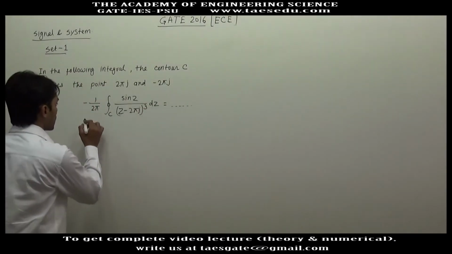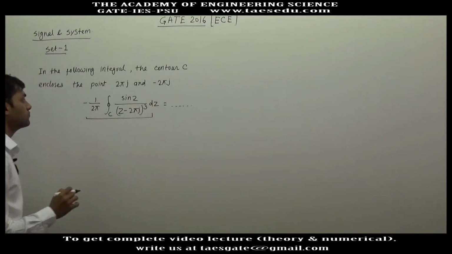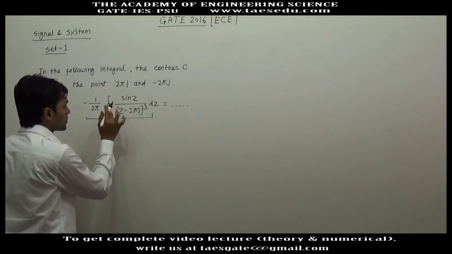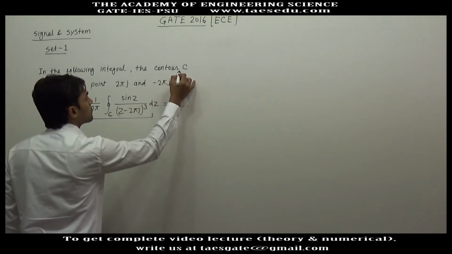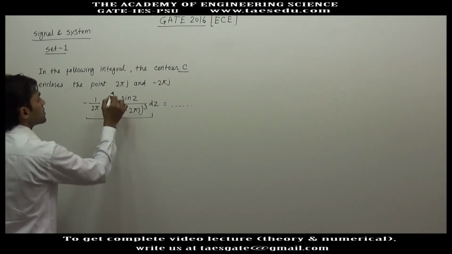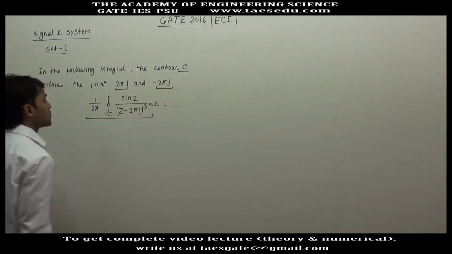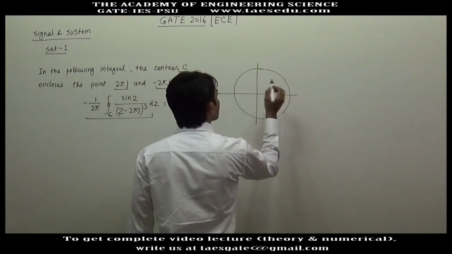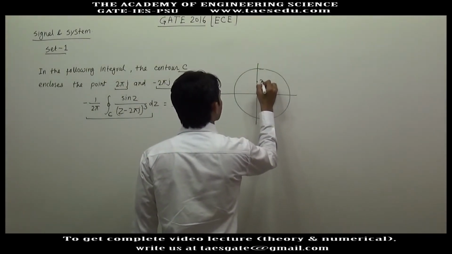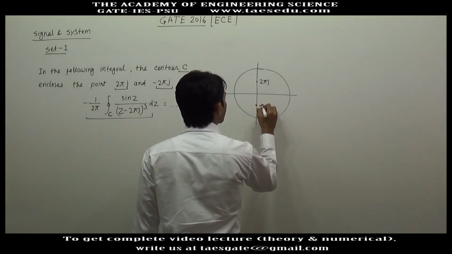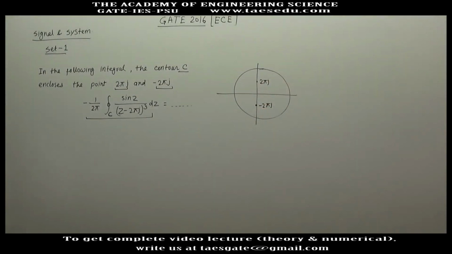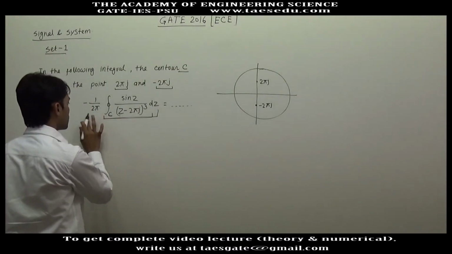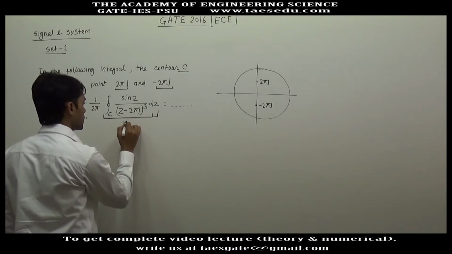In this question, we have to find out this integral, and the path or the contour of this integral is a closed path that encloses the points 2 pi j and minus 2 pi j. So the closed path encloses, let's say this is 2 pi j and this is minus 2 pi j. So the general formula to calculate this integral is equal to